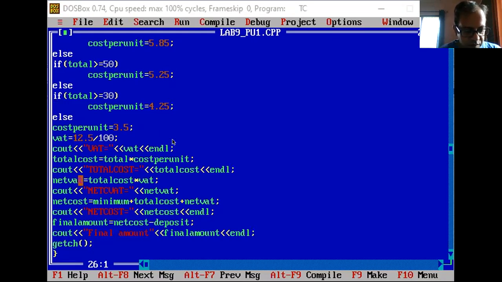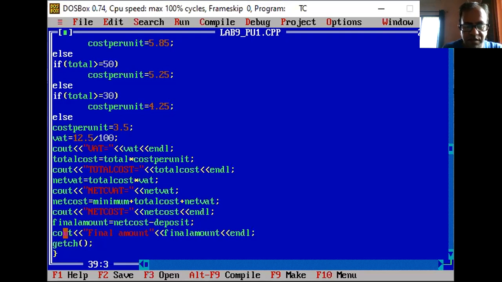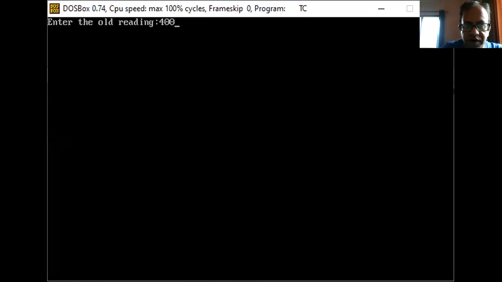Okay, so I'll run the program. Control F9. So first I've taken 400.